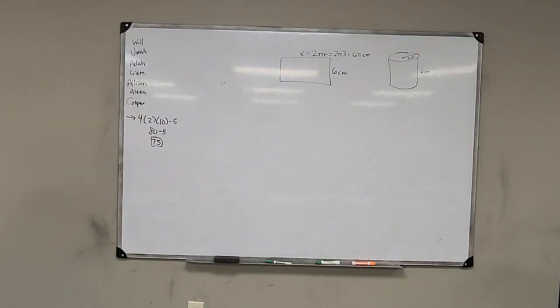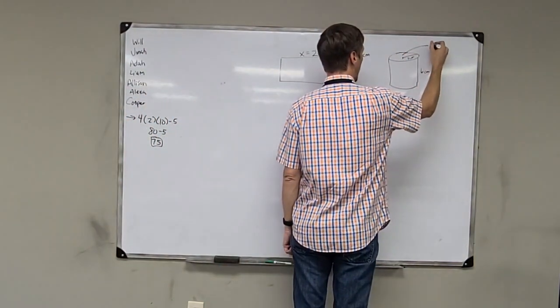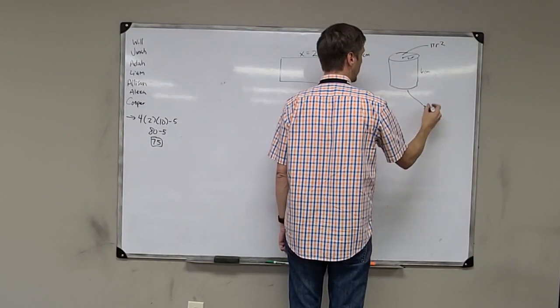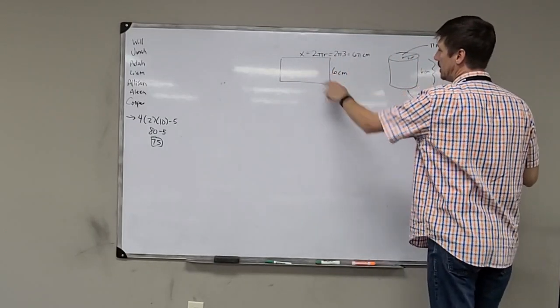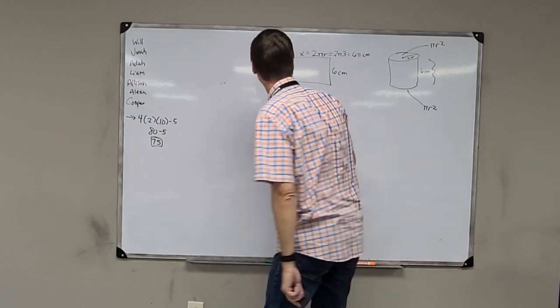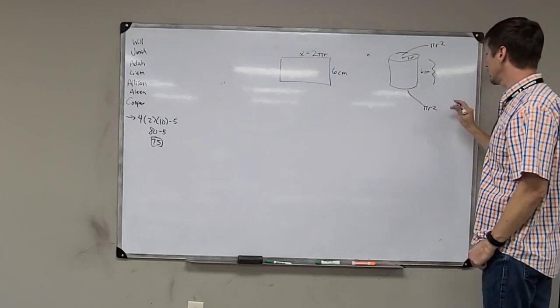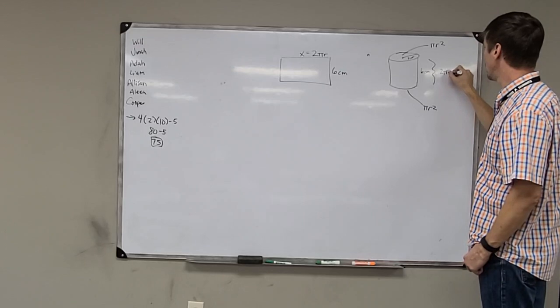So circumference does come into play, like you mentioned, Will, but we got to make sure that we include the area of the top two circles. So to find the surface area for this entire figure, we've got the area of this guy, which is pi r squared, the area of this guy, which is also pi r squared, and then the surface area of this area here, which is going to be, if the length of the top of my circle is 2 pi r, and the length of the other side is 6, then this area here is going to be 2 pi r